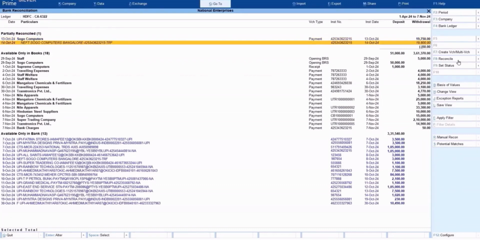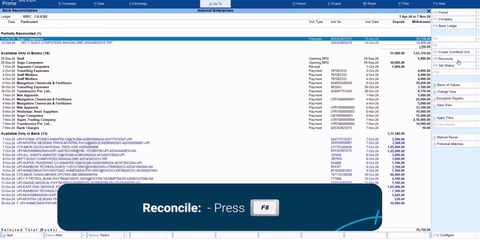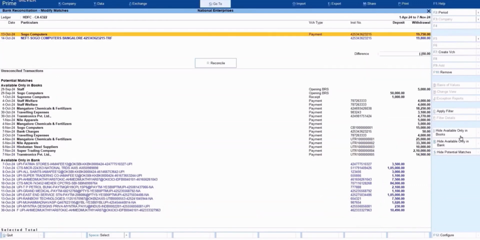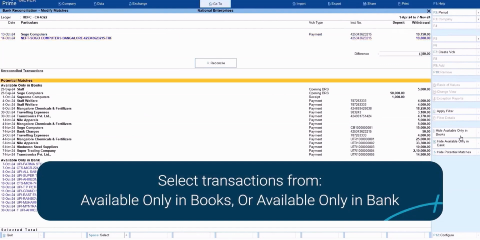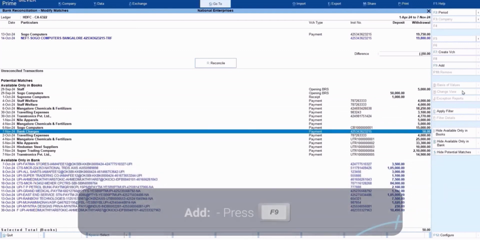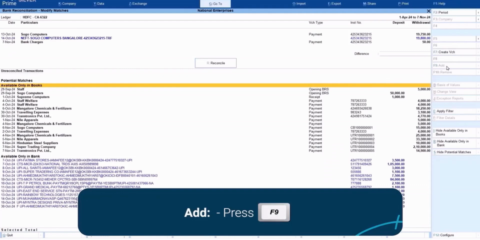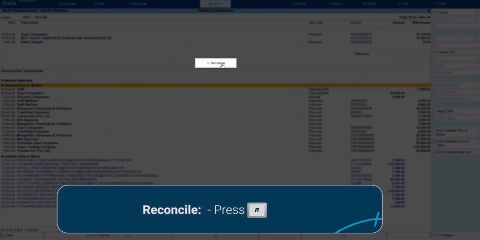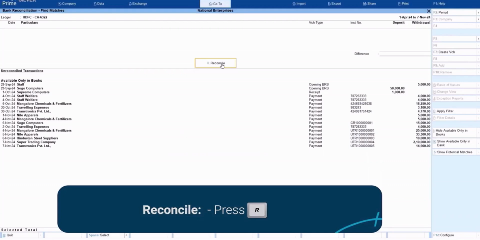To reconcile the partially reconciled transactions, select the transaction and again press F8. In the bank reconciliation Modify Matches screen, select the transactions from Available only in books or Available only in bank. Press F9 to include the transaction for reconciliation. If they match, press R to reconcile the transactions.